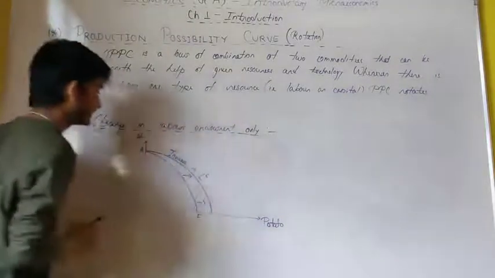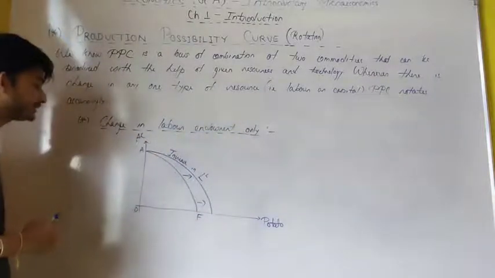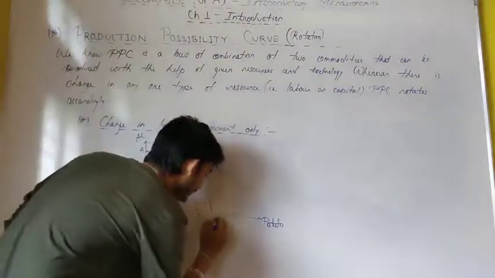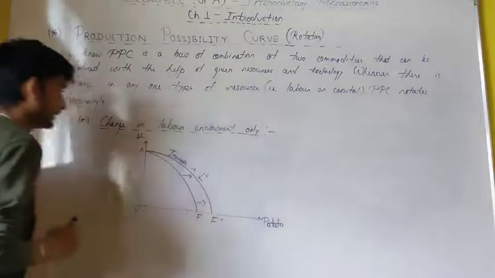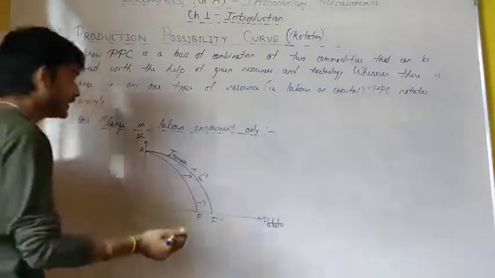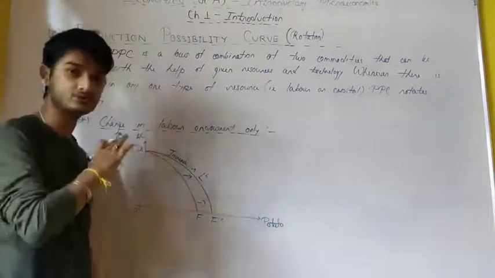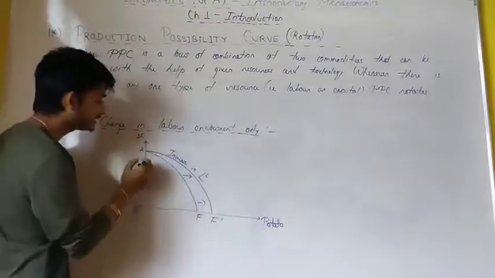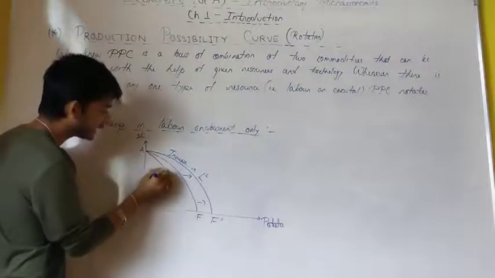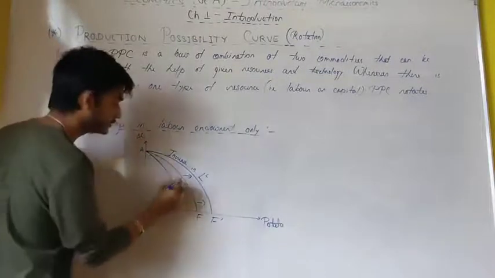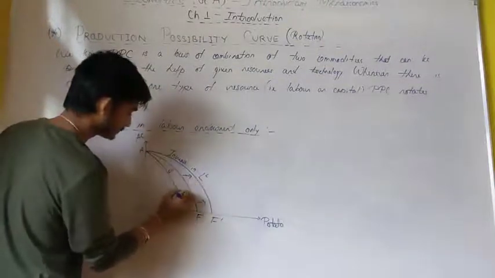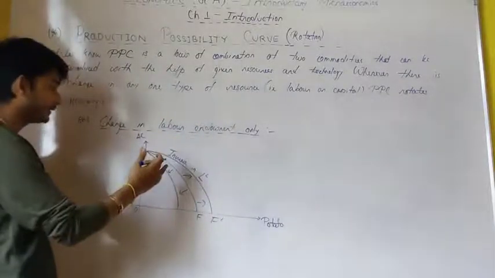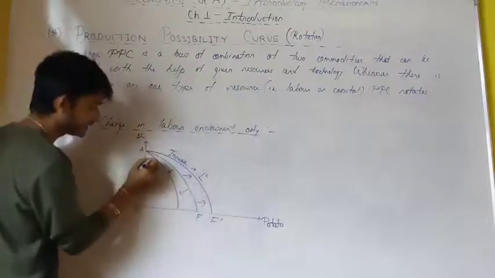So whenever there is increase in labor, the PPC rotates from AF to AF dash, and if there is decrease in labor endowment only, but there is no decrease in capital endowment, in that situation this AF will rotate inside way. When there was increase, it rotated outside way, and when there was decrease, I am writing here decrease